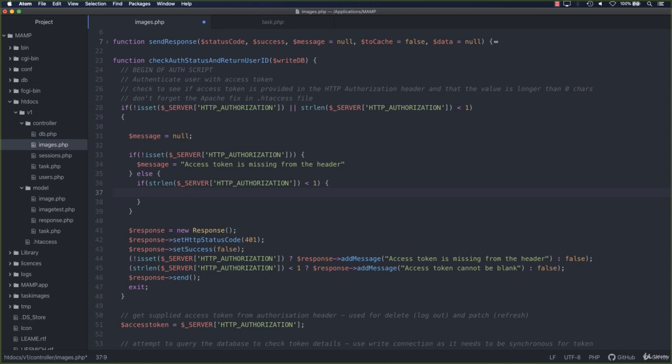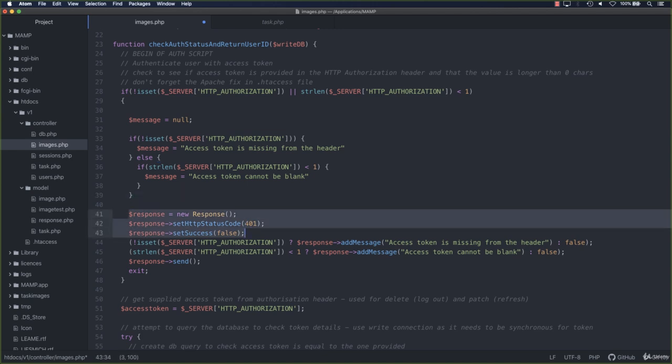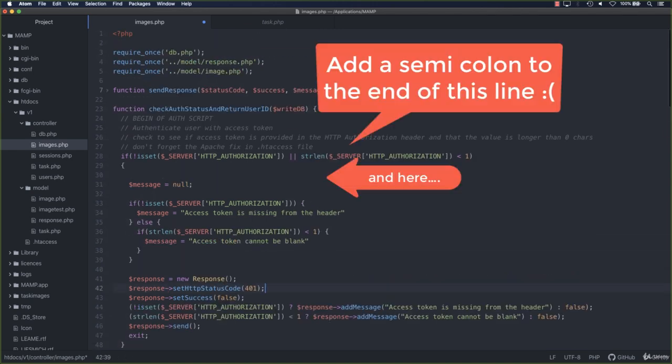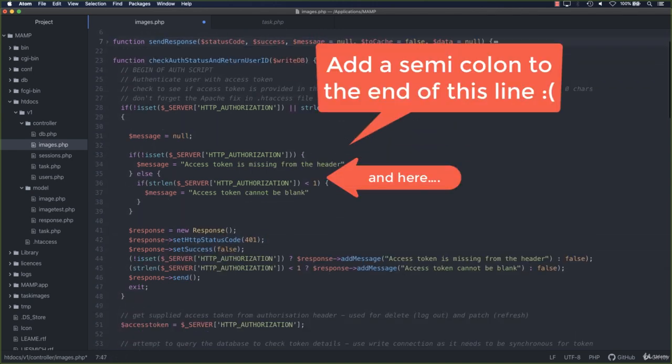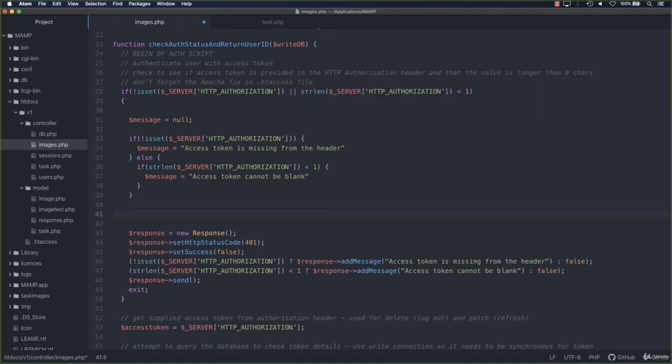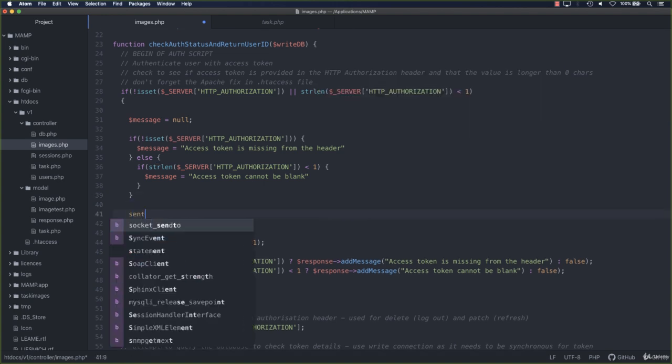So basically that's if it exists, but it hasn't actually got a value. So then we'll add the message: access token cannot be blank. Okay, so now we can actually get rid of this because we're going to call this function here instead of all of that. So we will call send